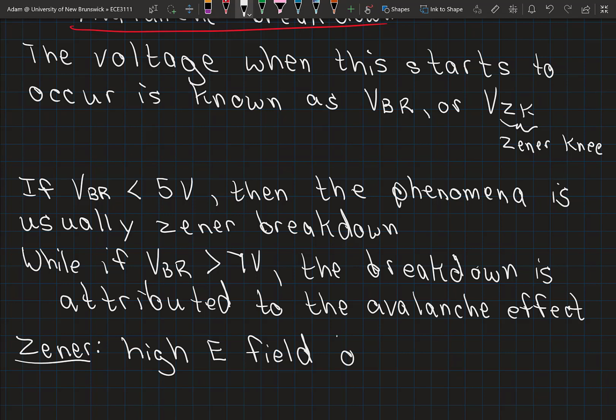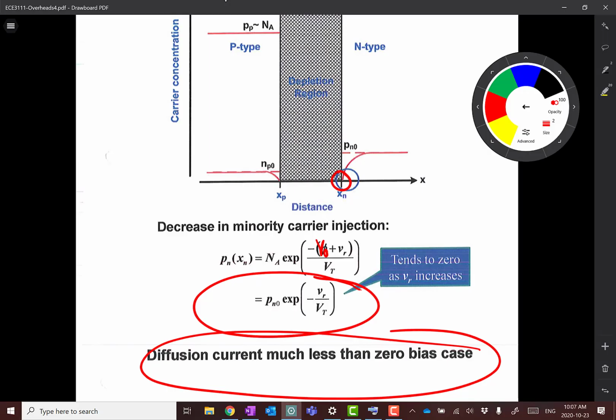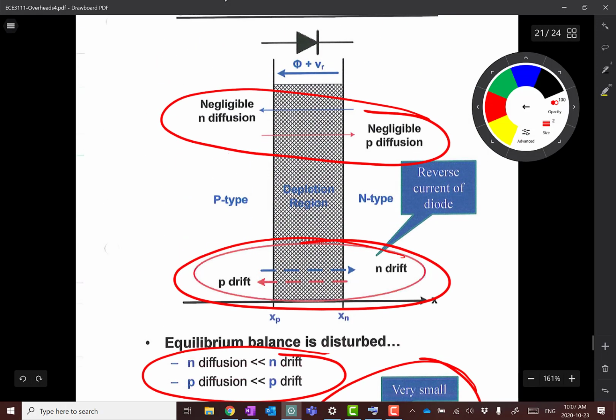If that E field gets high enough, it will break bonds in the lattice structure of our atoms and cause our charge carriers to be pulled across our depletion region. Okay, so if we go back to look at maybe this form of the equation again,